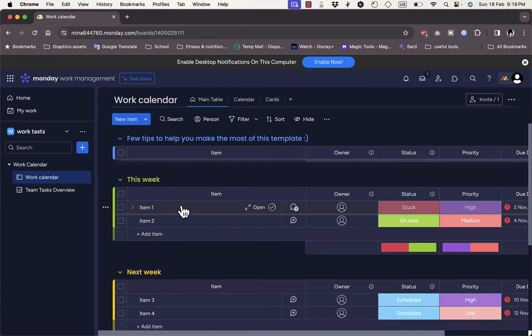So for this week, I can have items. These items can be tasks. They can be stuff to buy or reminders or anything. So let's say, for example, finish document for client. Okay, I can here